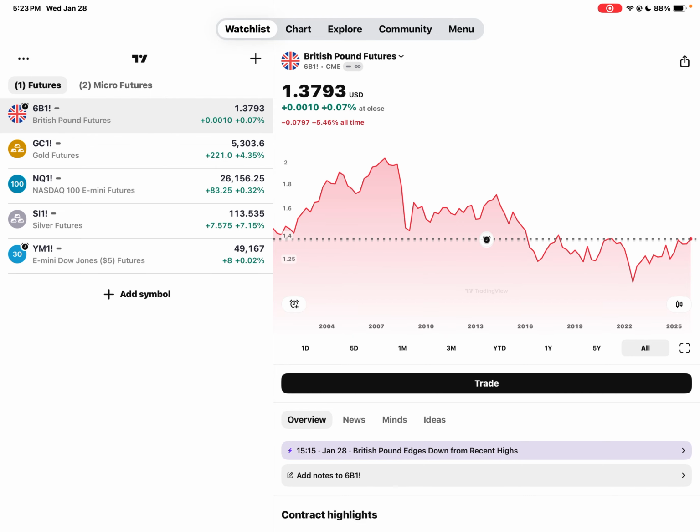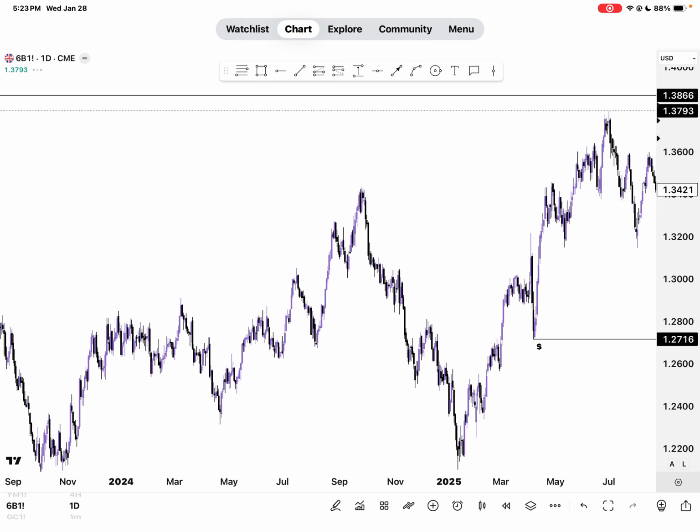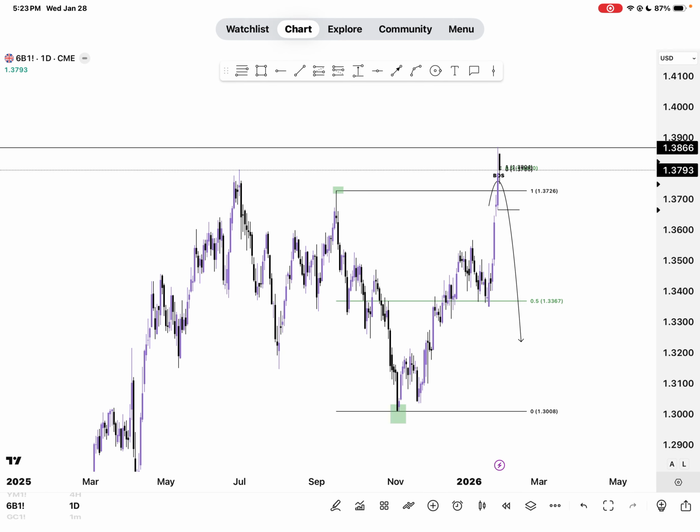All right, week 5.2 market outlook, beginning with British pound futures. We got some major price action here. We completely blew through the bearish price leg, which was also the initiation of a bearish run. We cleared the previous daily liquidity point that was the high of a previous bullish range as analyzed.